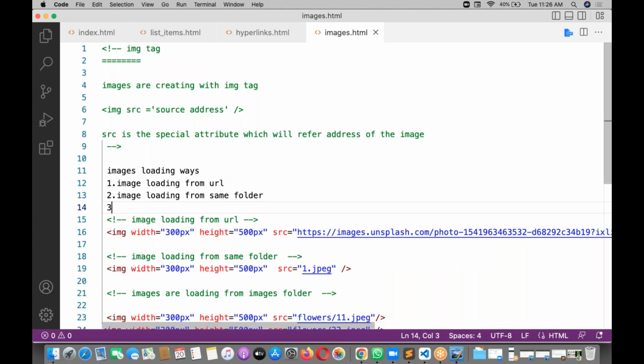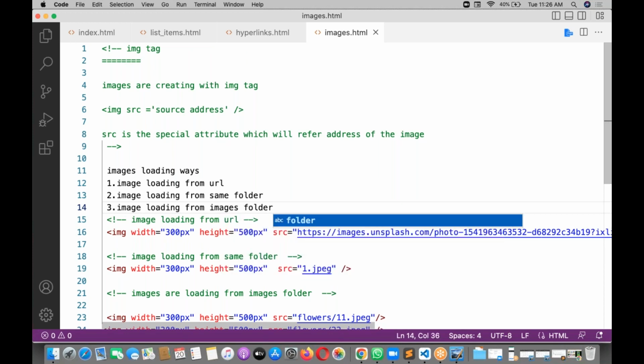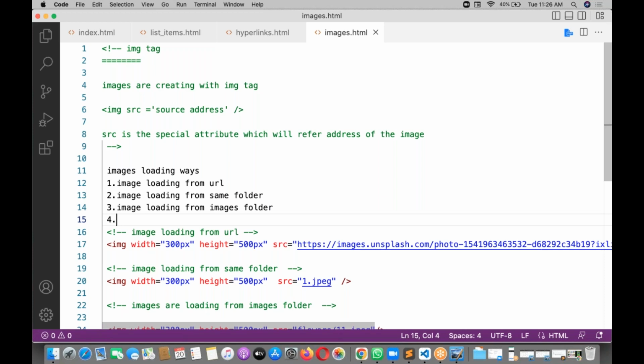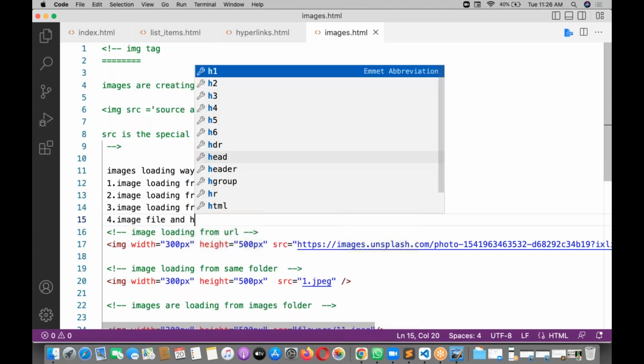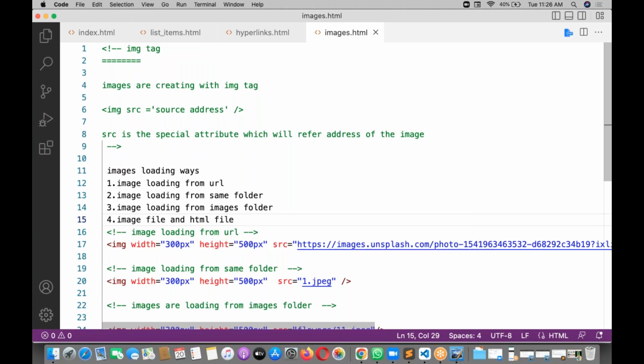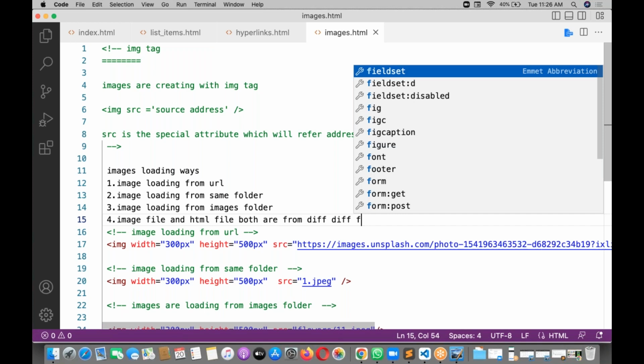Third way, image loading from images folder, whatever the name of the folder, that is your wish. And the fourth way is the image file and HTML file both are from different folders.